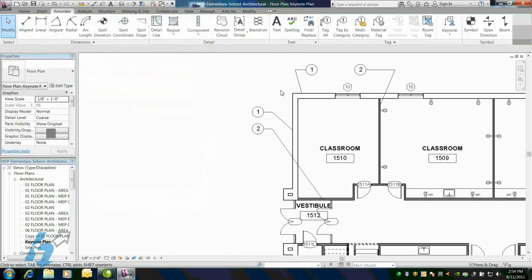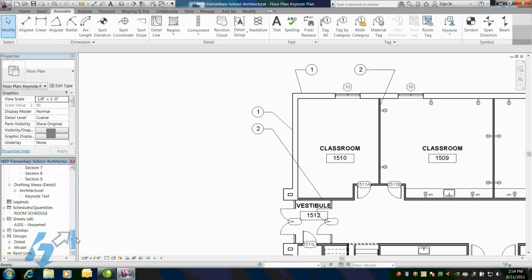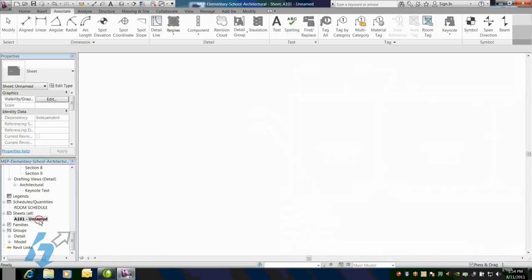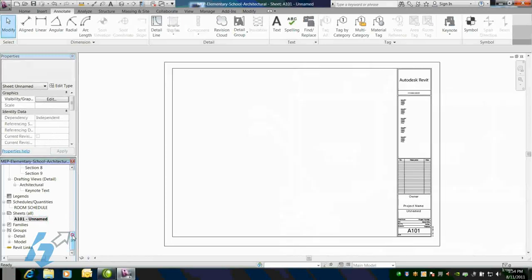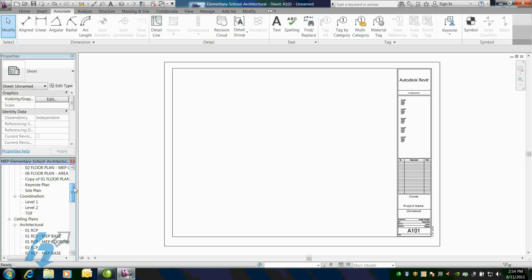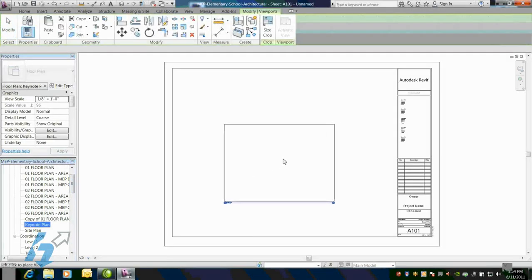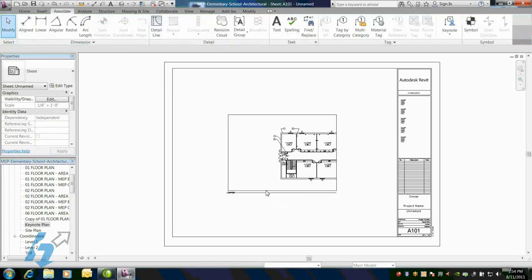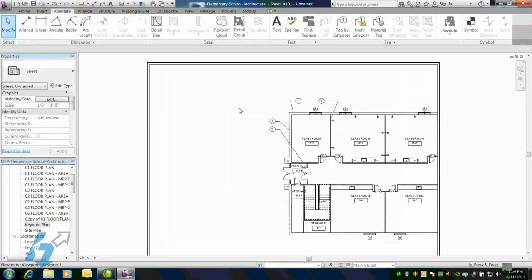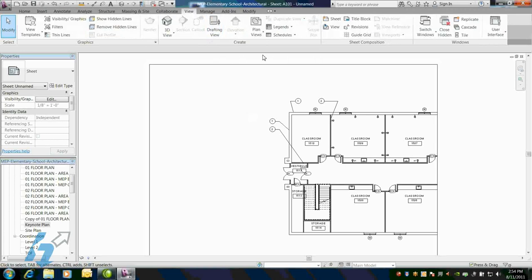We're just going to go to a little sheet that I've created here, and we'll just drag and drop our keynote plan view over to that sheet. And this is where you would want to place your note block, is on the sheet. So we'll go to View, Schedules, and we'll create a new note block. Comes up with our new keynote annotation. We'll just name this